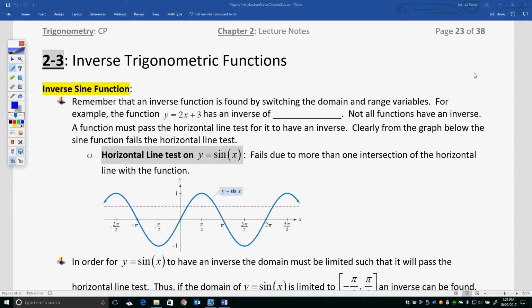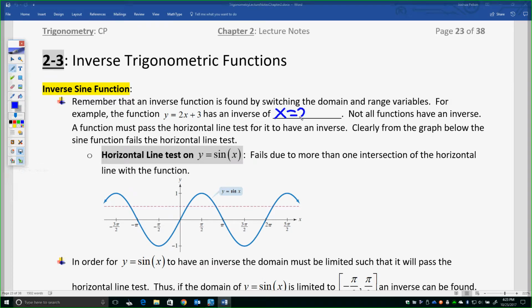So remember back for inverses. Let's say I have a basic algebra y equals 2x plus 3 linear function. If I want the inverse, all I have to do is switch the variables. So the inverse would be x equals 2y plus 3. However, not all functions have inverses, so there's a variety of ways you decide on inverses